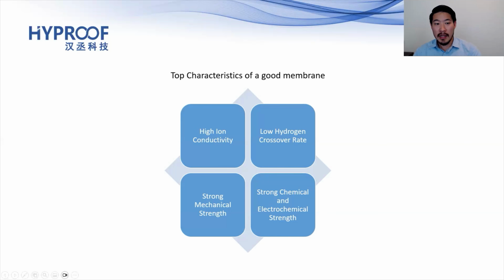It also depends on the catalyst. There are a lot of different factors, but the membrane is one of them that causes that. Next would be a low hydrogen crossover rate, which is more of the safety piece. You don't want hydrogen to be able to cross over. And then also overall strength: mechanically, chemically, and electrochemically,